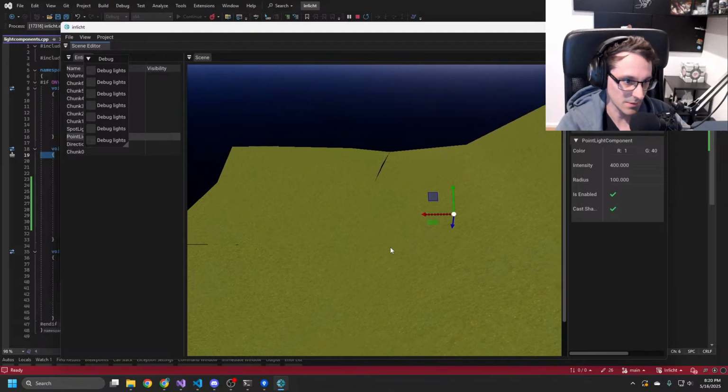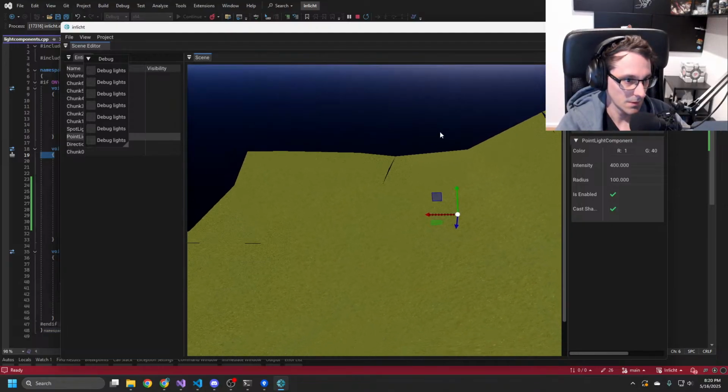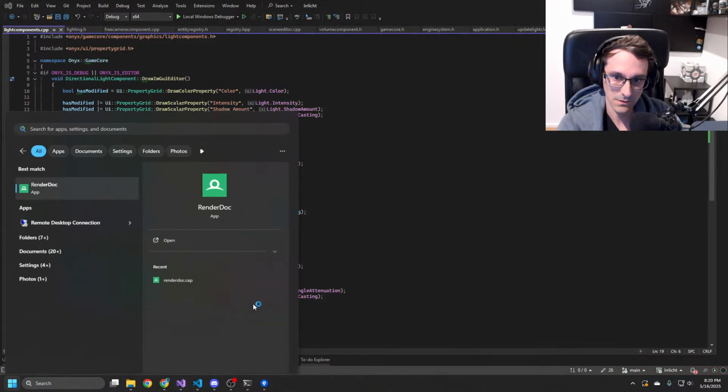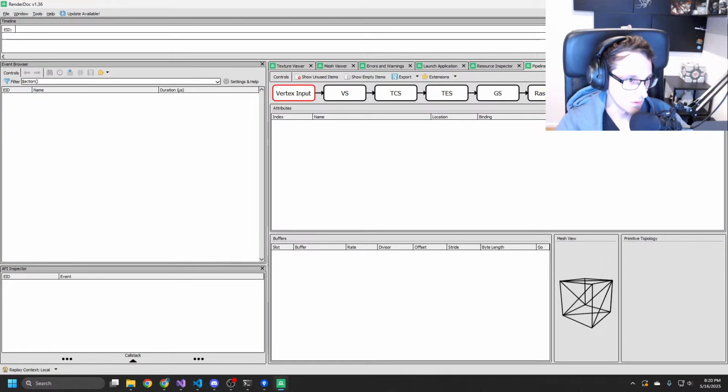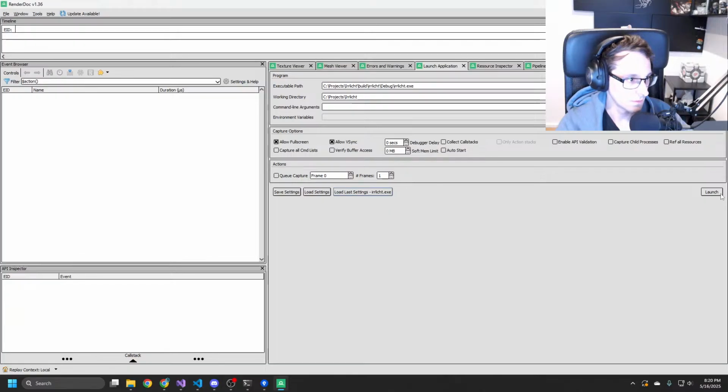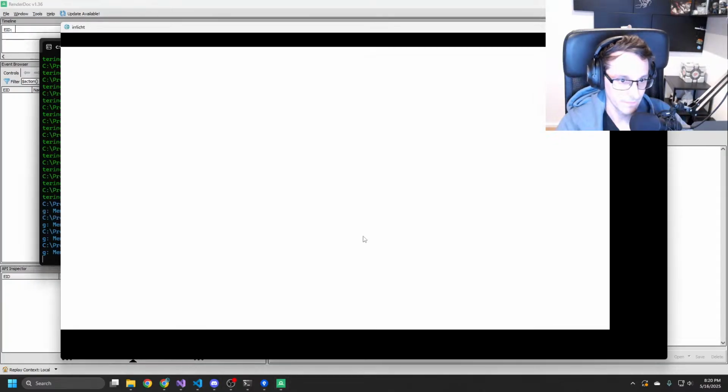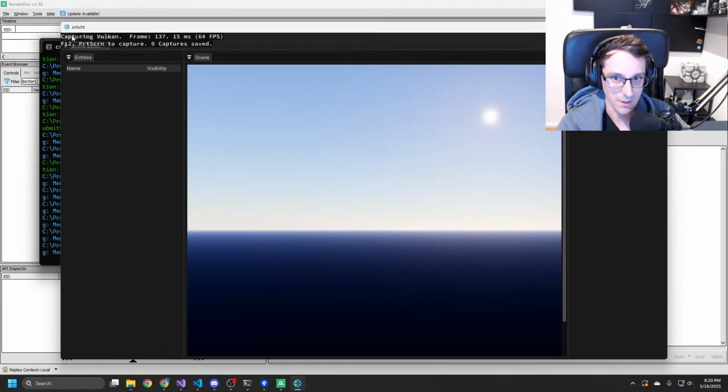Again, that's so weird. But okay, let's run that again in RenderDoc. Can we remember the sample? No, right? So we probably have to trial and error again.